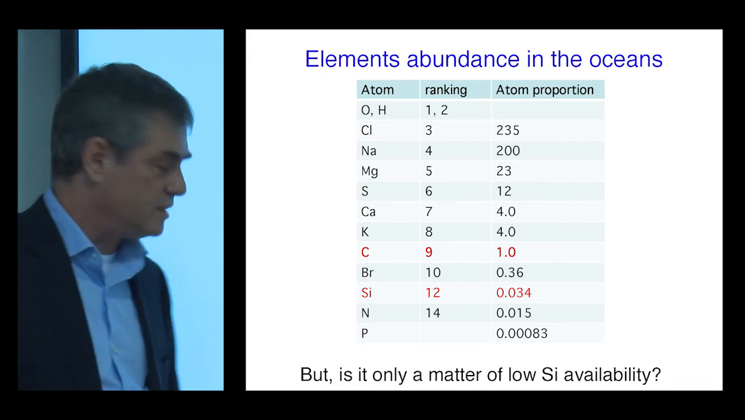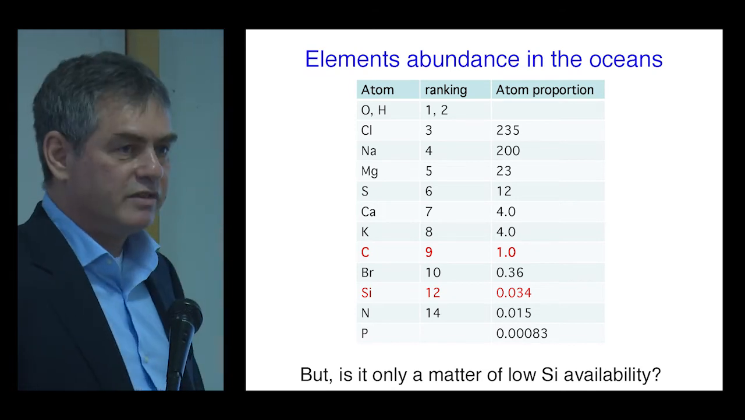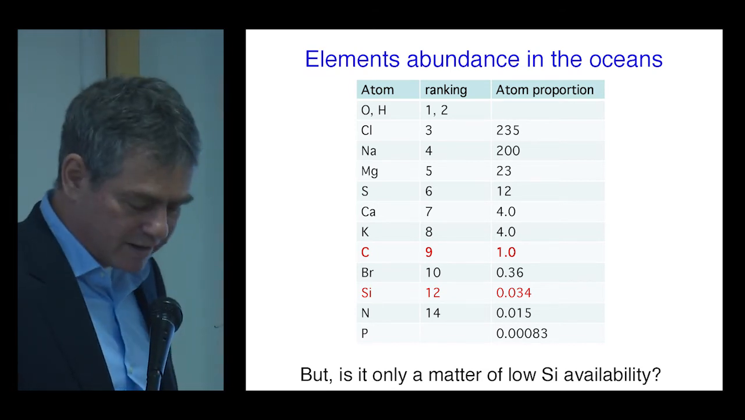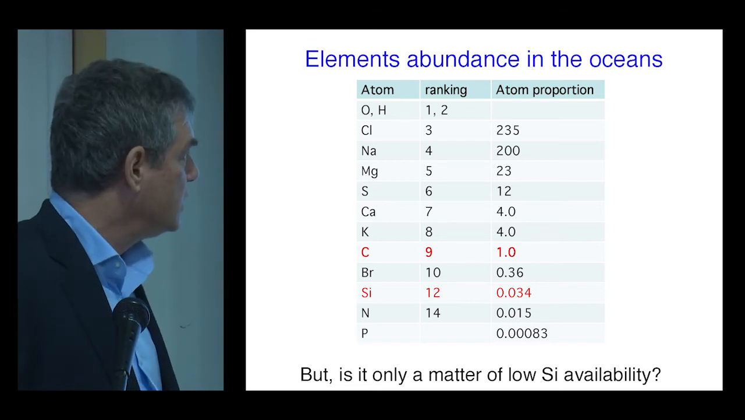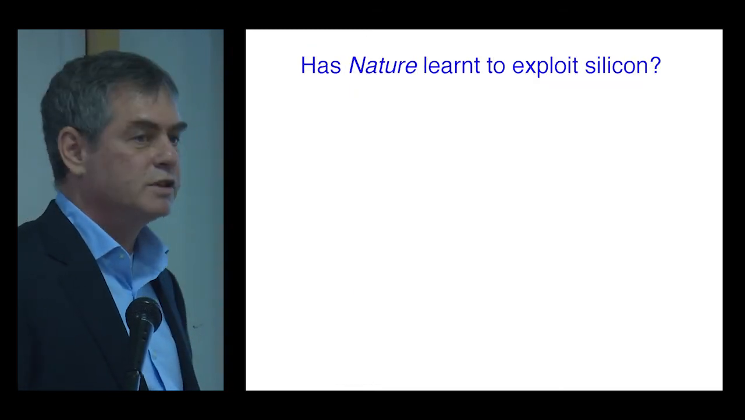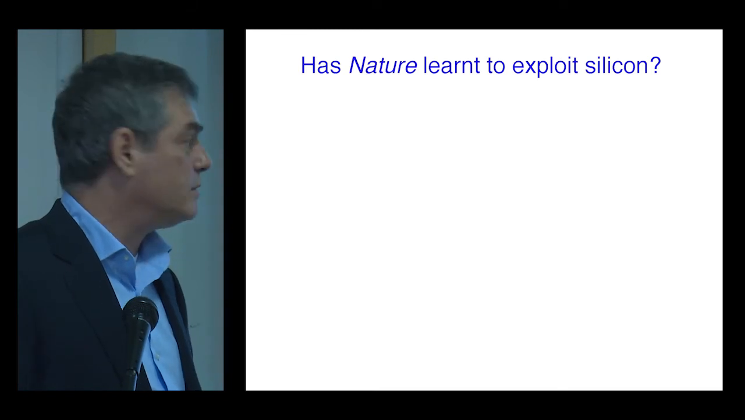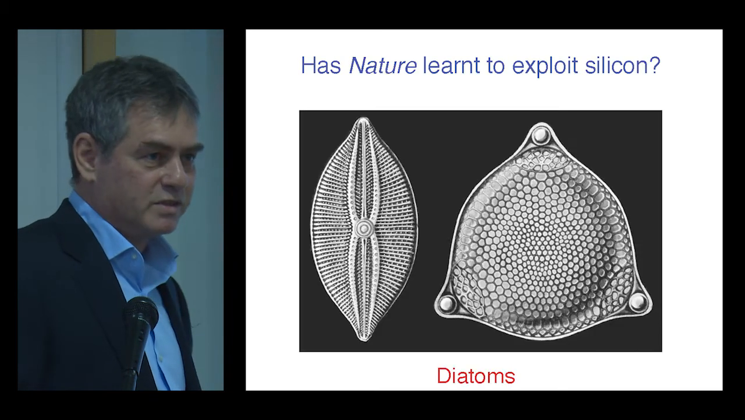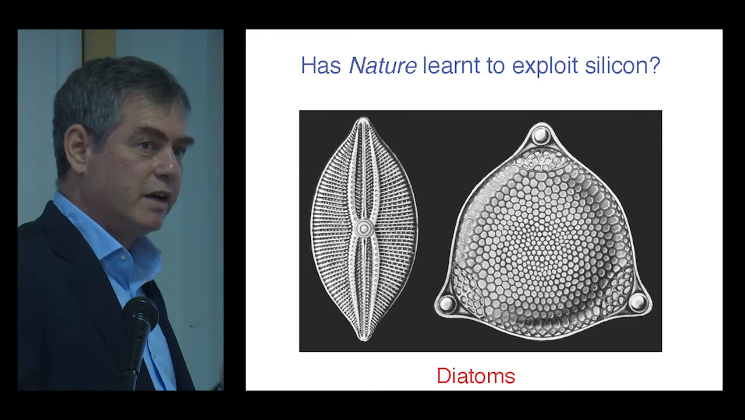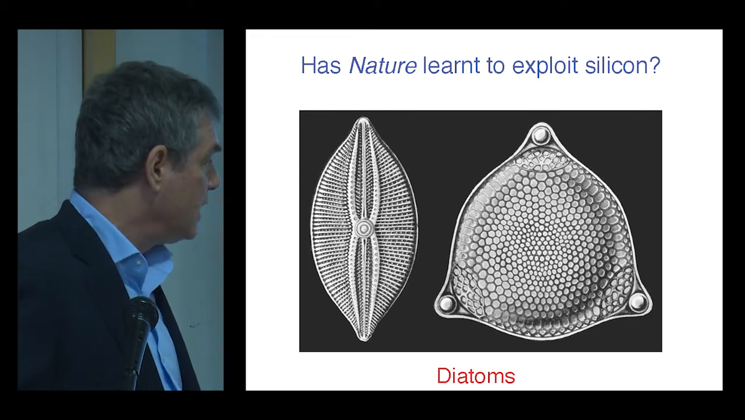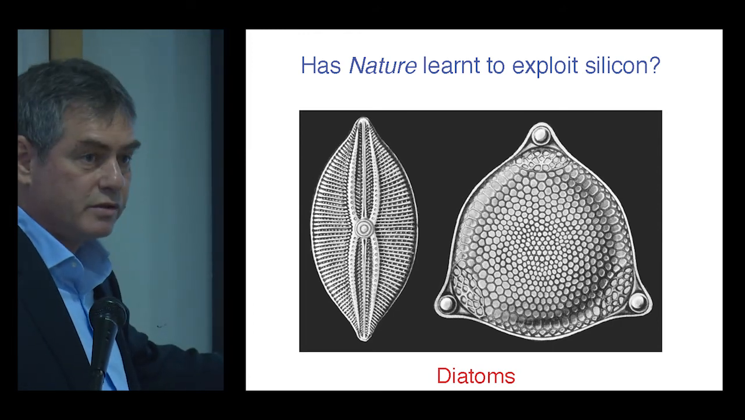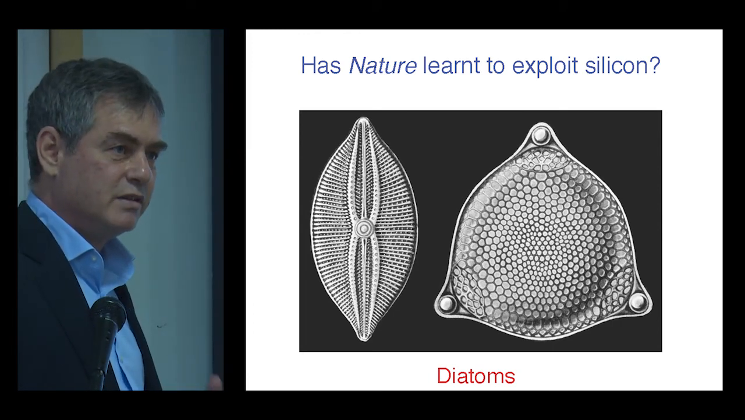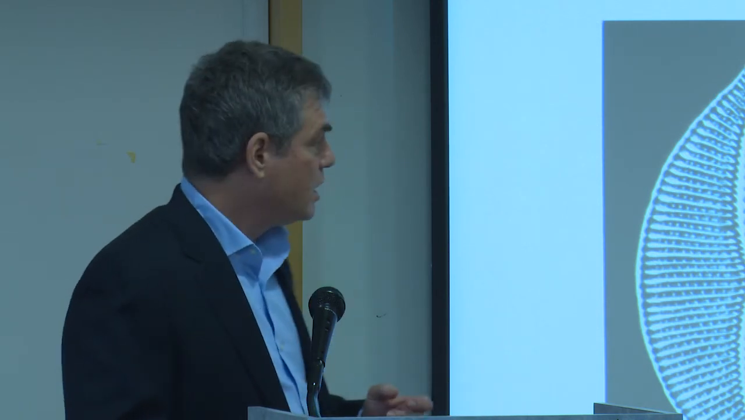So silicon does exist. So is it only a matter of availability, or does it go beyond that? We do not see much silicon in our bodies, and the question is, has nature learned to exploit silicon? And the answer is yes. So these are diatoms. These are marine organisms, biological phytoplankton, and this is their top structure and their side structure. They are very symmetric, beautiful to the eye. They are microscopic. Their size is about 1 micron,